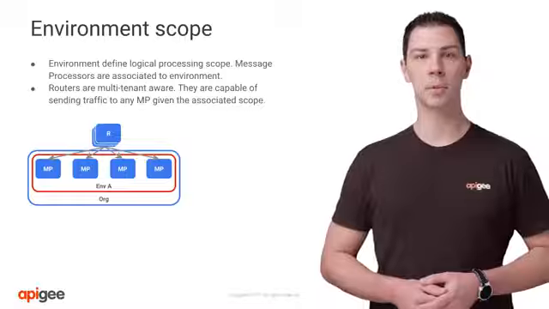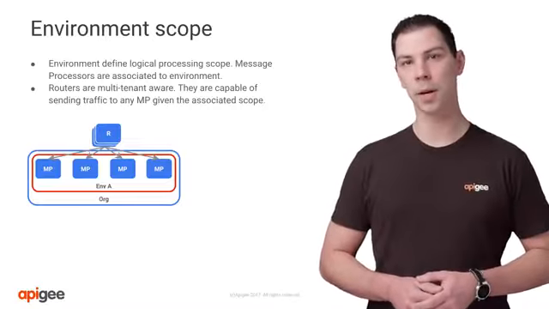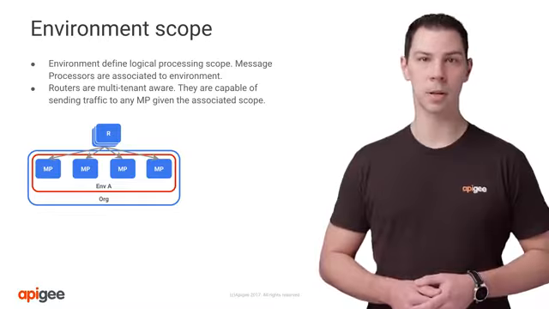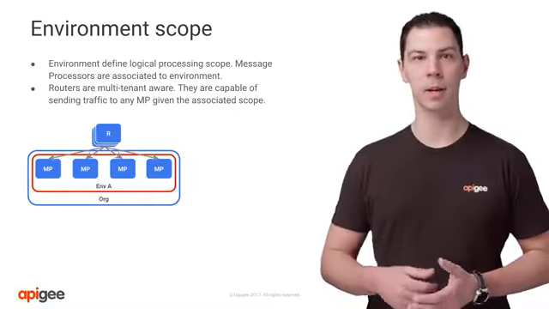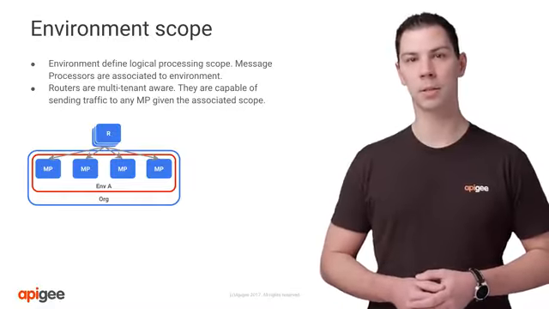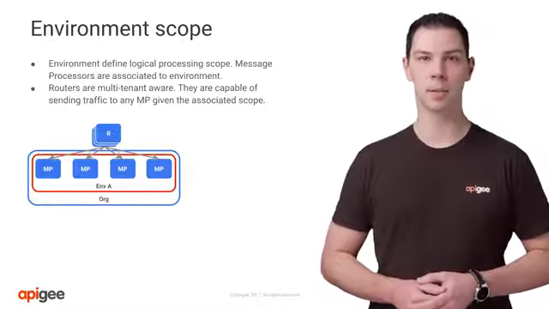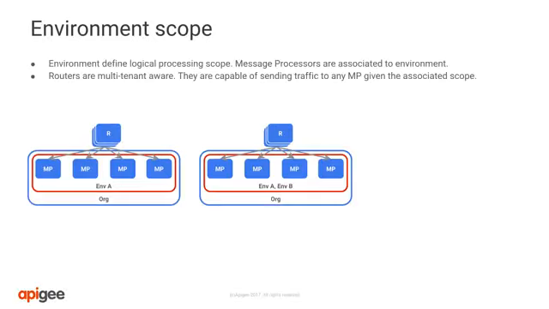On Apigee Edge, it is possible to control environment scope. Message processors are associated with environments. This association controls whether a given message processor will process API calls for a particular environment. Typically, all message processors are associated with each environment. On the diagram, we illustrate the association between environment A and all available message processors. As new environments are added, they can share the existing physical capacity on the system. In the second example, we show that environment A and B are associated with all available message processors. This is a common design option. Most customers share message processors across one or more environments.